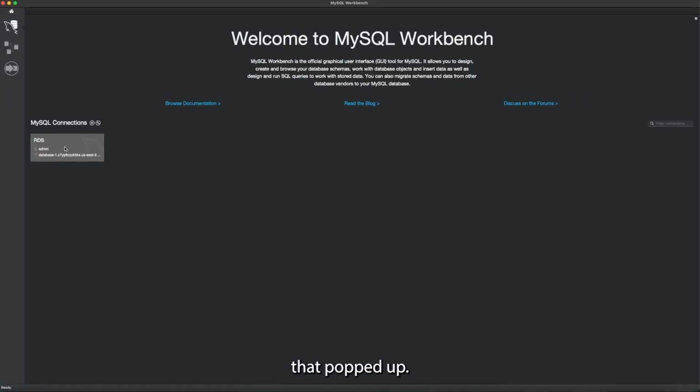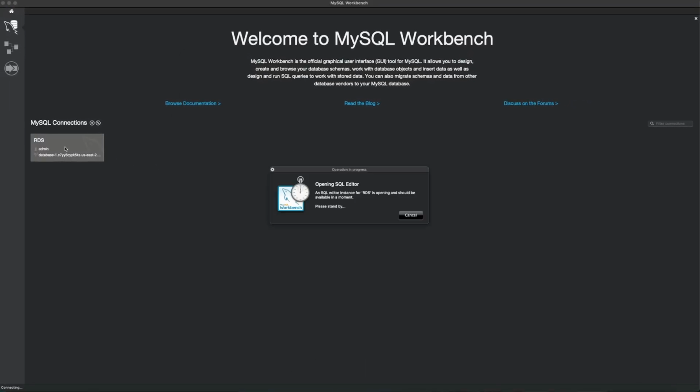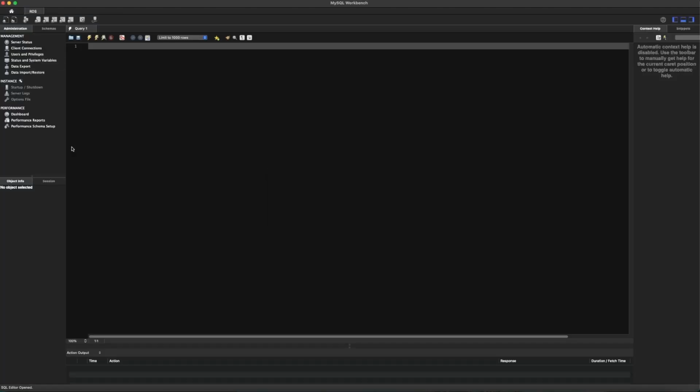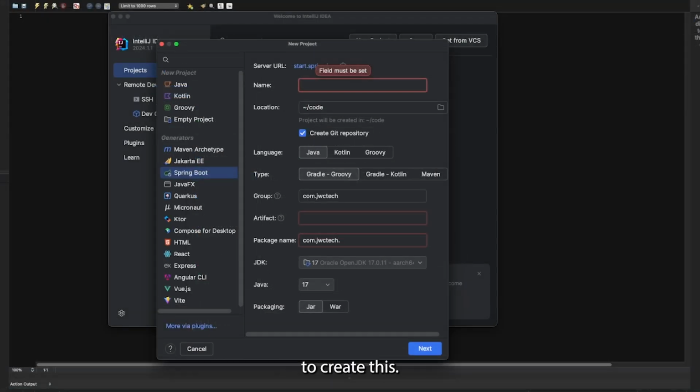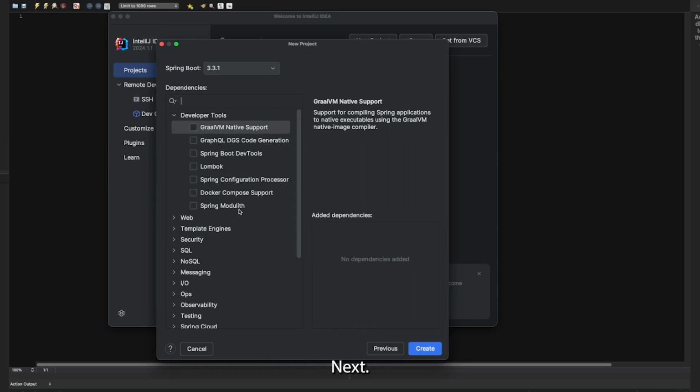Double click on this new box that popped up. And we are connected to our cloud database on AWS. We can now start adding schemas and databases to this and use it. Next, we'll connect a Spring Boot application to this RDS. So I'll be using IntelliJ to create this. I'm just going to say RDS demo, Maven, next,